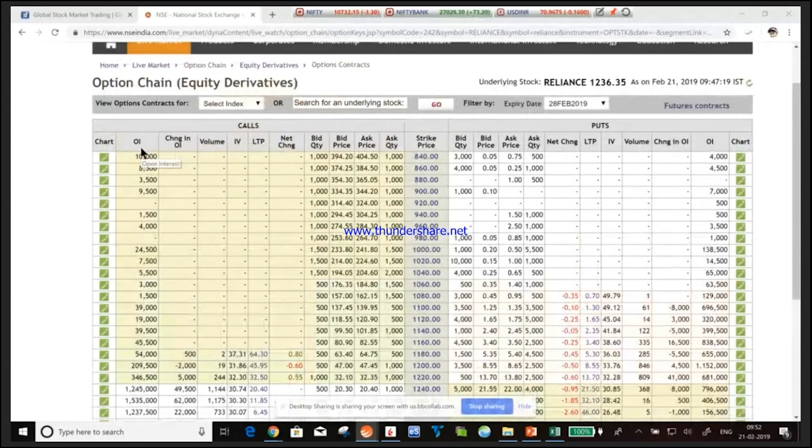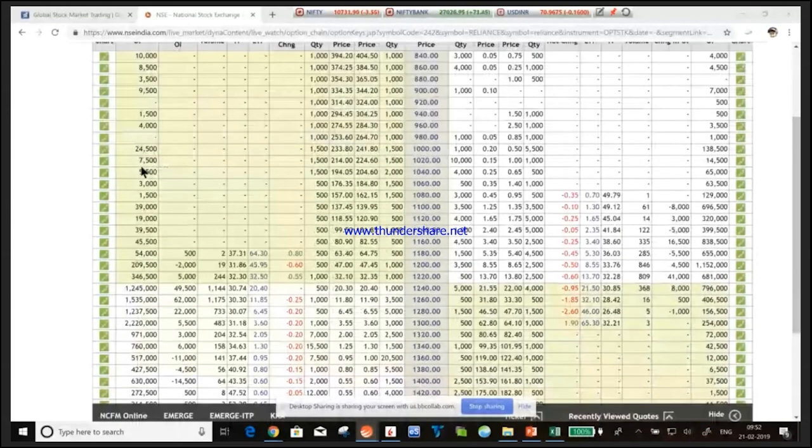Then here we have OI. OI is in terms of number of shares. Now if you see 1240, that's where the